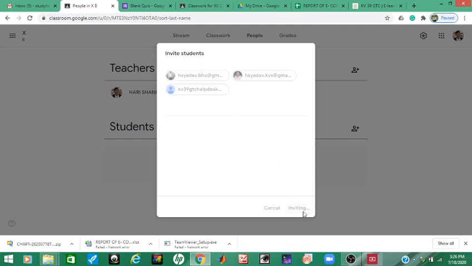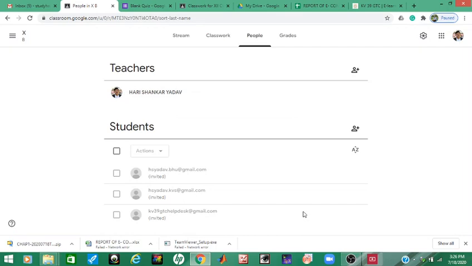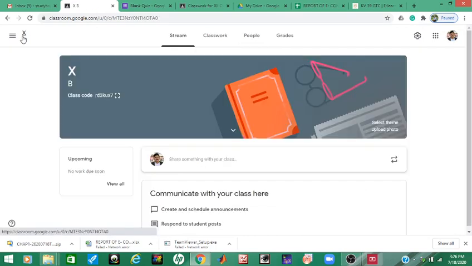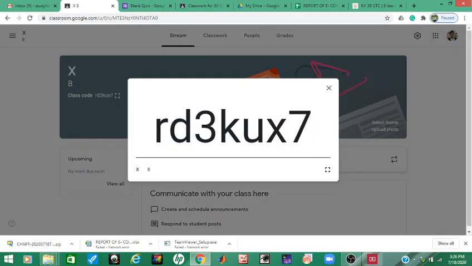If you don't have the email IDs of all the students, or if you have only a few, then what you should do, we will use the class code. So this class code is there. We have to share this class code with the students.